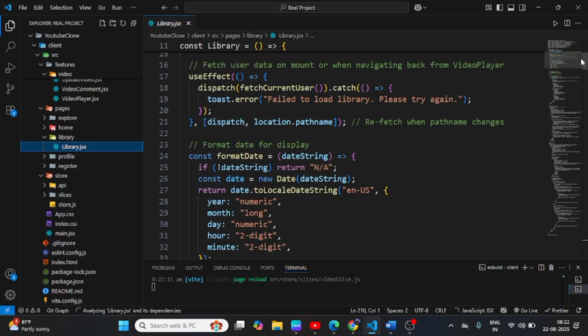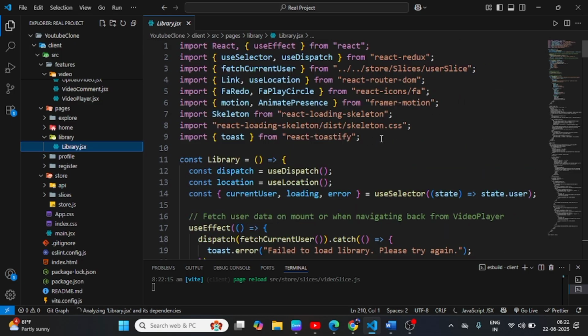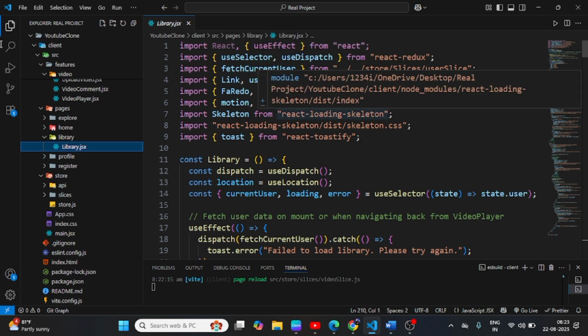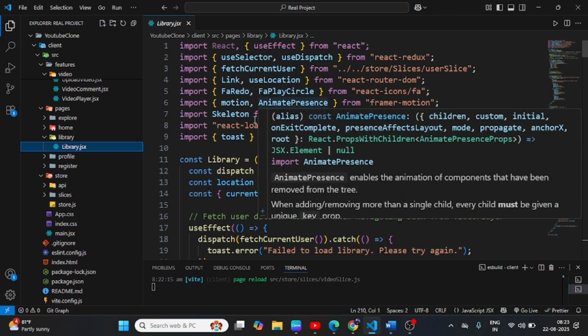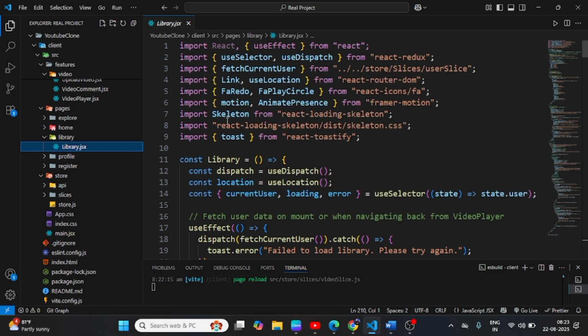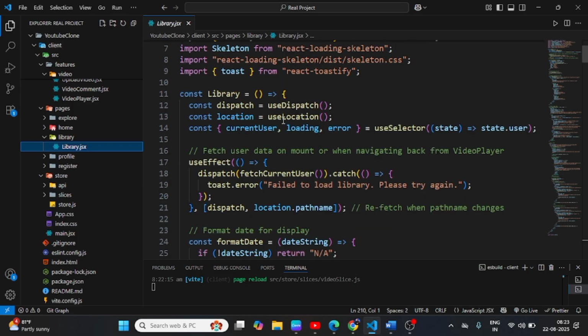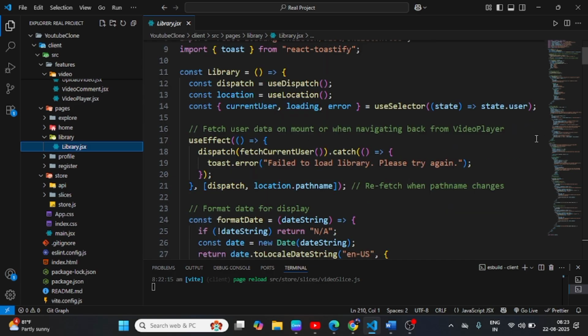This is a library page, and this is a library page. So we import all the necessary dependencies: useSelector, useDispatch, fetchCurrentUser, Link, useLocation, and all the icons, motion, AnimatePresence, Skeleton. So we just call useDispatch, useLocation, and then currentUser, loading, error from user, and